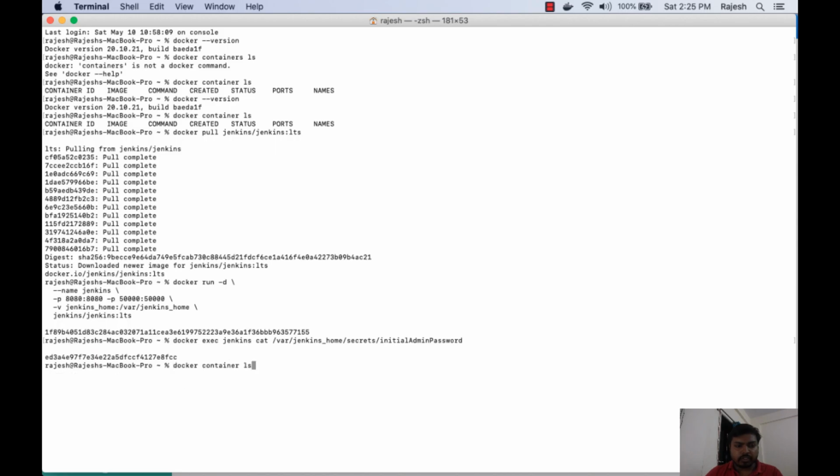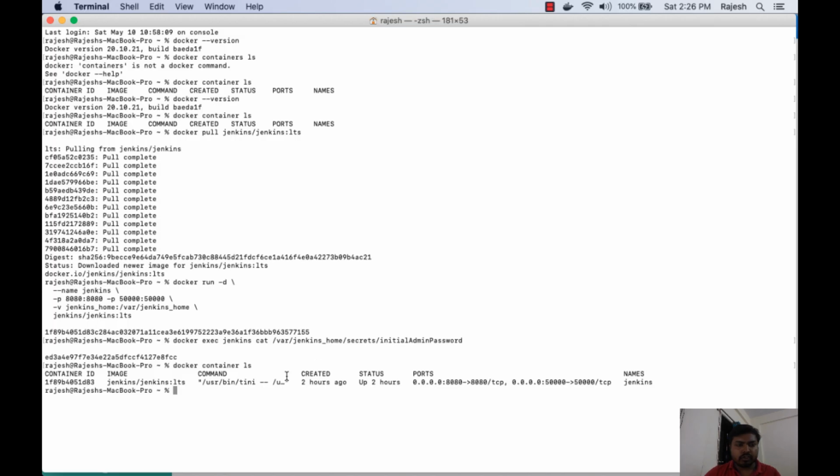With docker container ls, look, here is the container ID and the image we are using, which is jenkins lts, and the command, the path of Jenkins, and it was created 2 hours ago. The status is running for the last 2 hours, and the port is 8080, which belongs to Jenkins, and port 50000. As users you can use port 8080, and internally they use port 50000 for Jenkins. This is the name of Jenkins. So yeah, that's all from